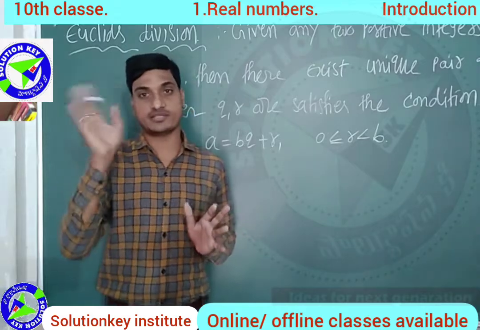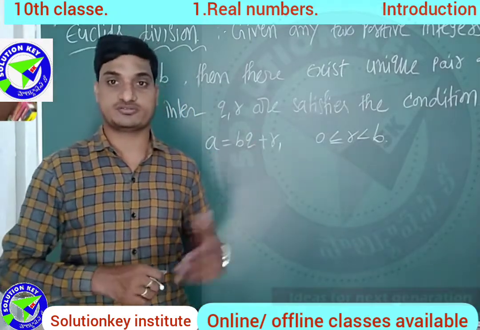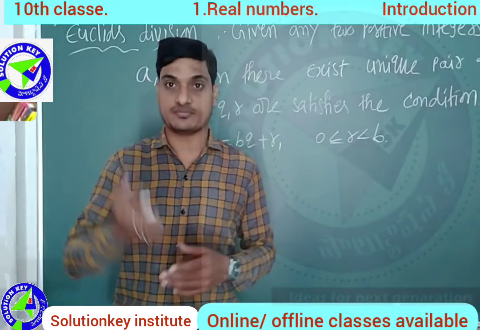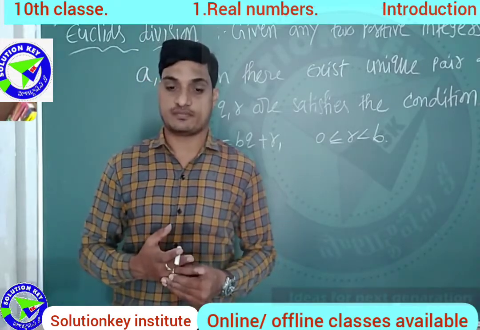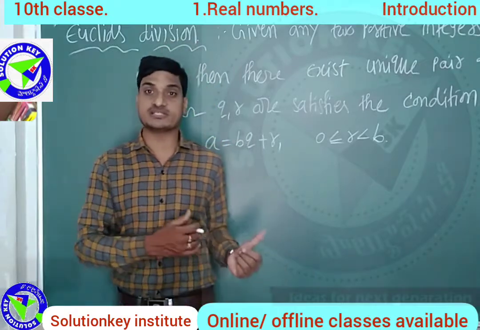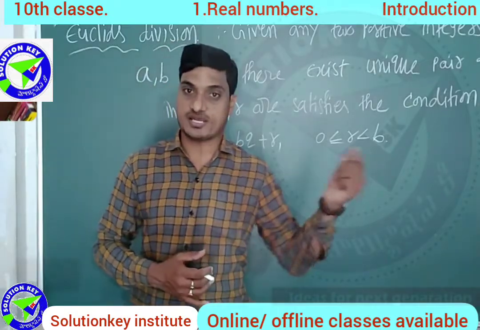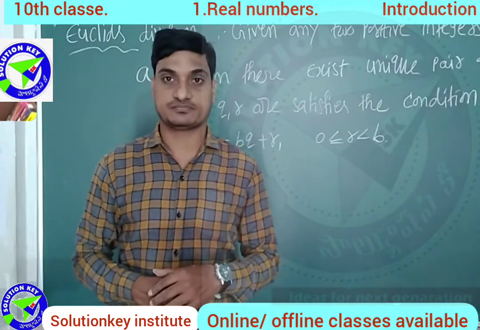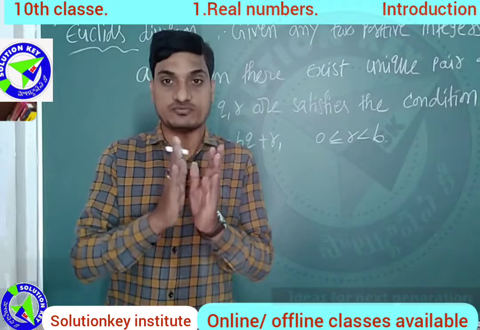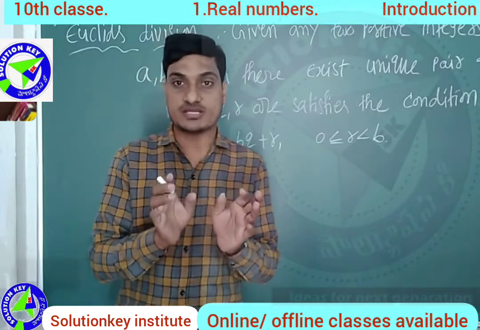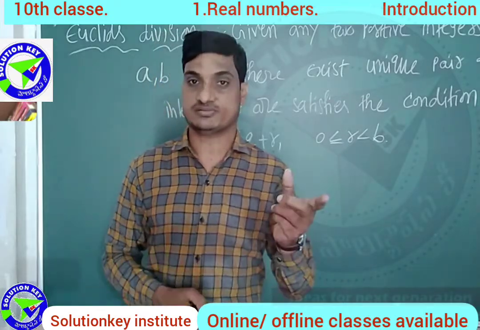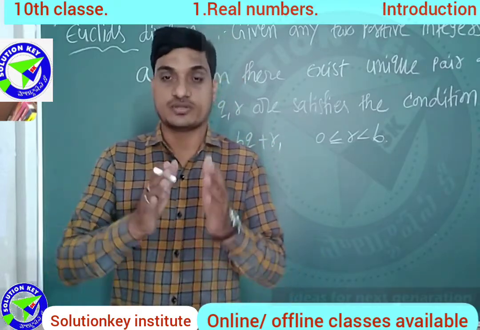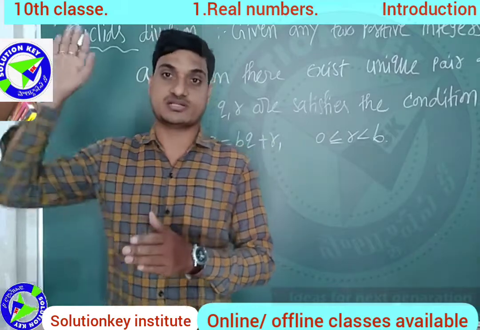Already you learned this in the previous classes. You must have learned it way back in 6th. But you forgot that. Okay, I will remind you. This is nothing but the continuation division method. In earlier classes you learned to find the HCF of the given numbers using one method. That method is the continuation division method. Now in our 10th class we learn about Euclid's division lemma.